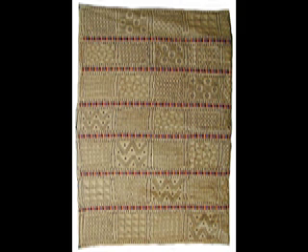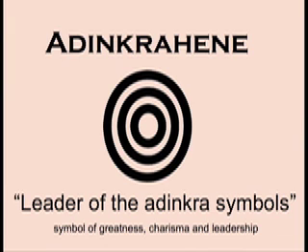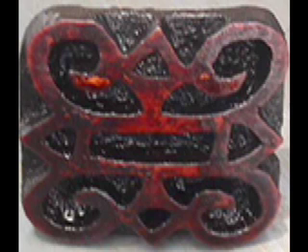Similarly, Adinkra symbols themselves have been used to distinguish important people and events within the Ashanti community. The Asantehene often bears the symbol of the Adinkrahene, the greatest of all Adinkra symbols. Thus, the Adinkrahene visually reinforces the leadership of the Asantehene. Occasionally, new Adinkra symbols are added to commemorate important events in Ashanti history. This stamp was designed and carved by John Kofi Nisaya. It commemorates the death of Asantehene Otufomo Opko Ware II.